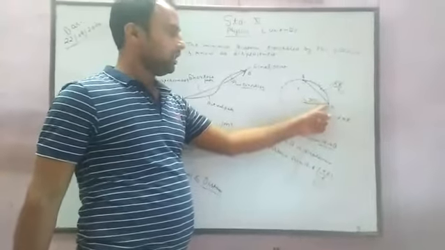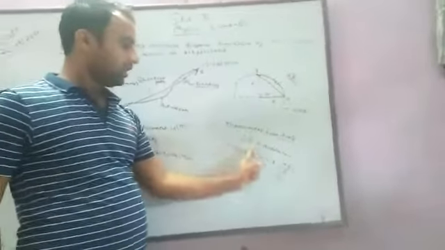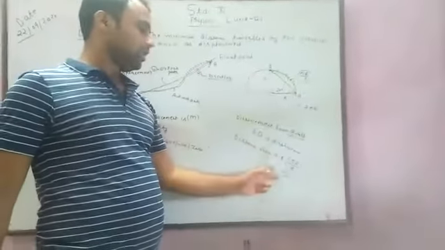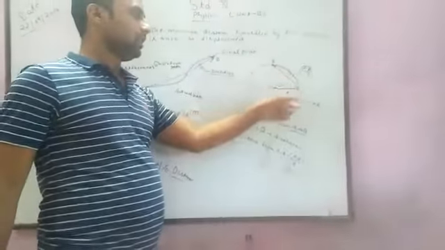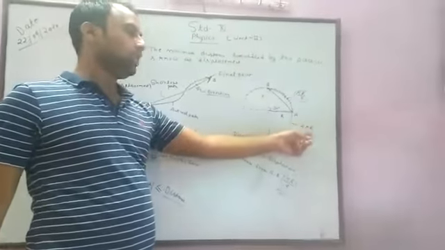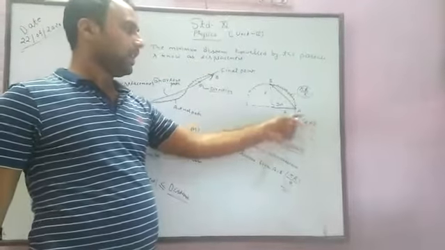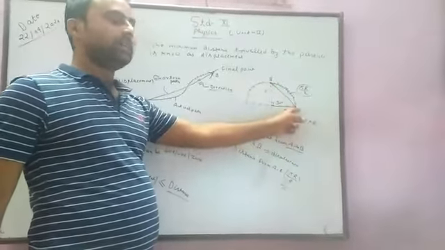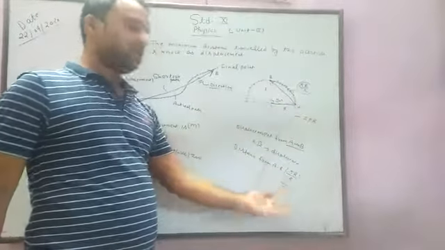Here, if we are interested in the circle of the radius r, this is r, this is r, this is 90 degree. What is the displacement between A and B? R root 2. This is r, this is r, this is r root 2. And distance from A to B is the curved path length. The whole curved path length is 2 pi r, and the half is pi r, and this is pi r by 2, and the final distance is pi r by 2.